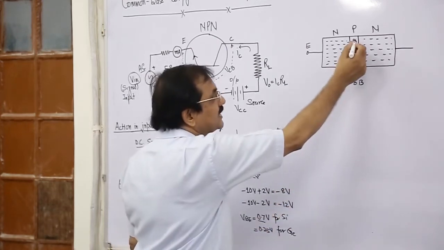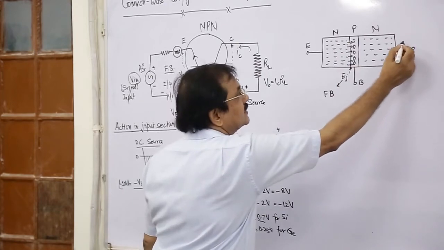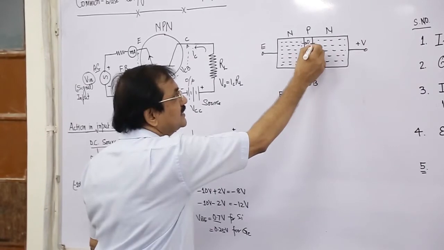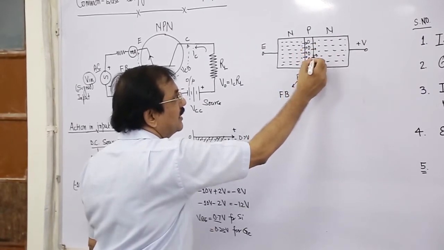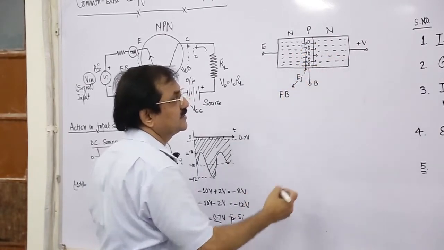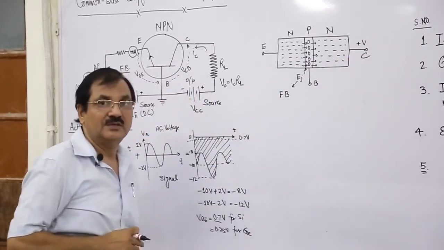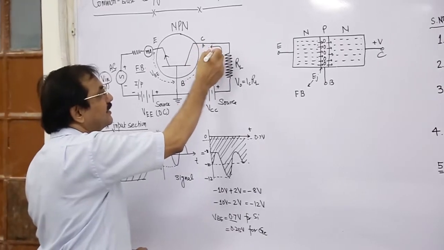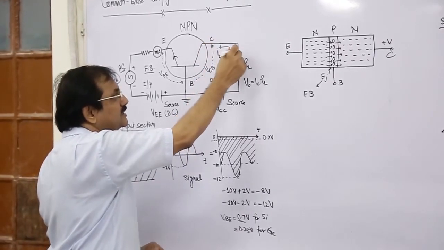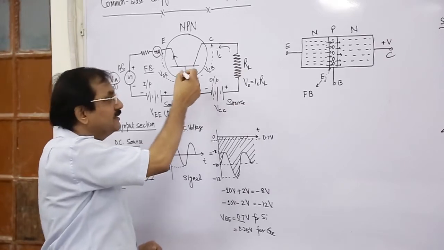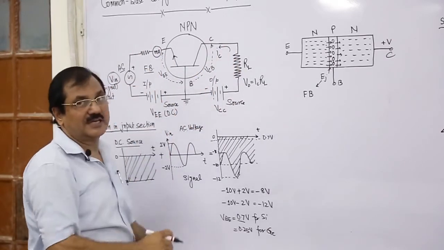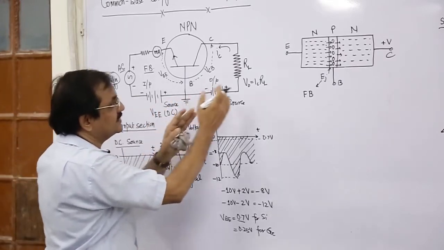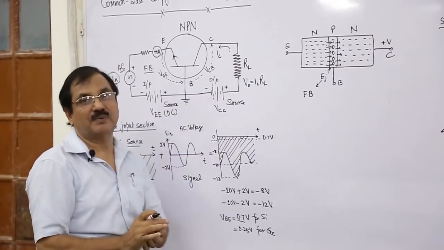And when the charge carriers are in the base, here it is plus V volt because of the reverse bias, so all the charge carriers are attracted into the collector region, C. So the current is flowing: the electrons move in this direction and the current moves in this direction. So the AC signal is amplified over this part.